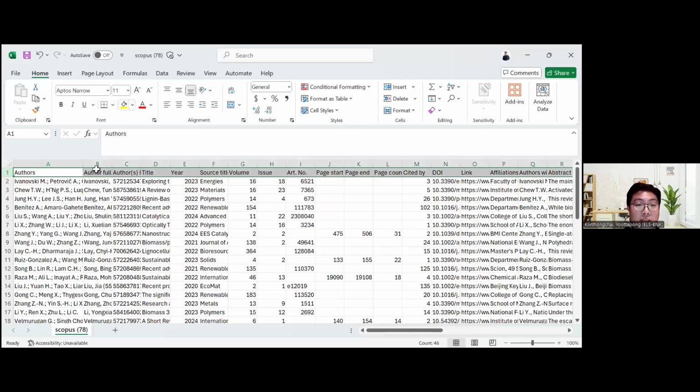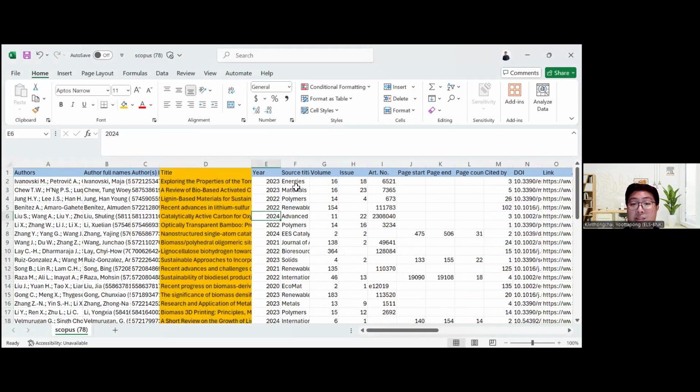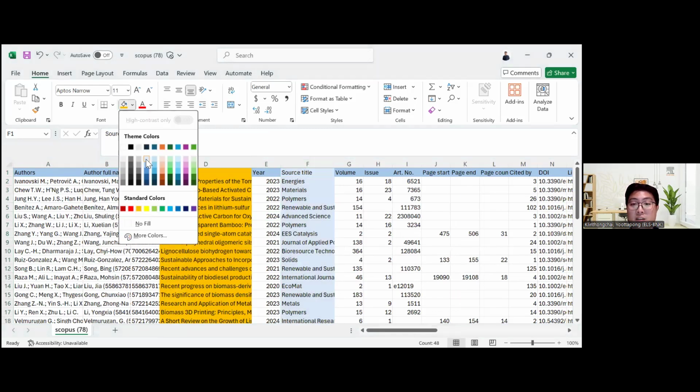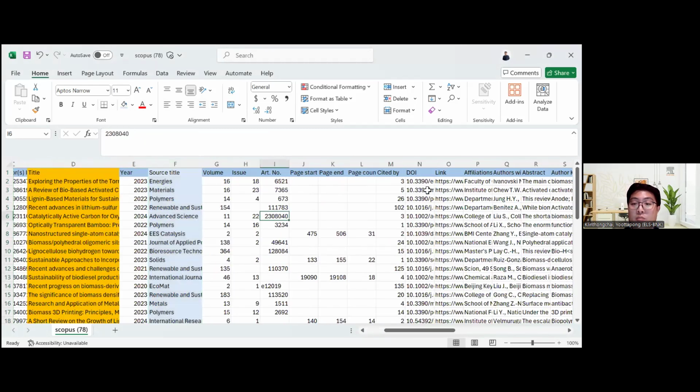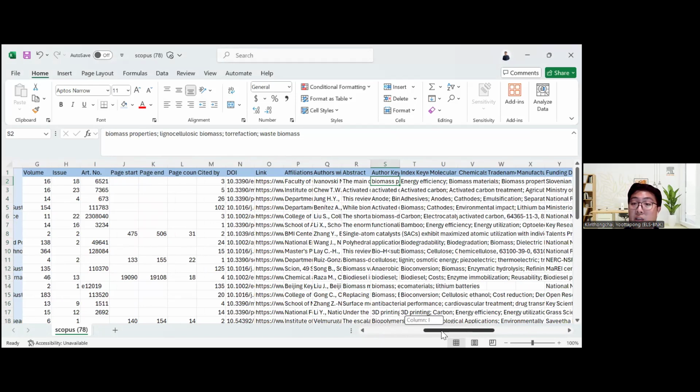The author's name, full author names, titles. You can see the title's name here, right? Titles, all of the data source is mean journal. This is the journal names. Here, you can see volume, link, DOI, links to Scopus, affiliation, authors, and you can also see